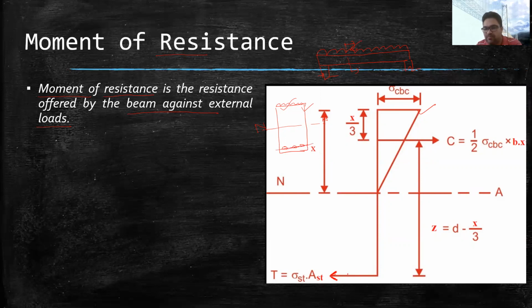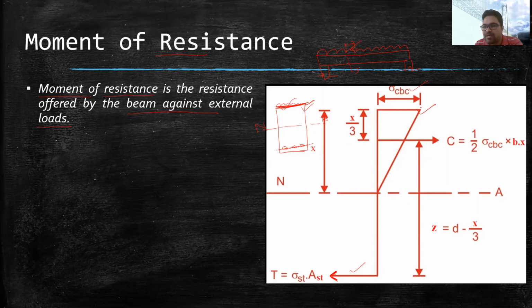you can see I have marked this arrow which is showing the tensile force, or tension force, while above the neutral axis all the compression is borne by the concrete. Even up to the depth of the neutral axis, we know that the maximum stress in the concrete will be at the point of contact of the load. You can see this line is the point of contact of the load. At this line, or at this fiber, the maximum stress will be experienced, and because of that, we consider that maximum stress is equal to sigma cbc, which is the permissible stress.